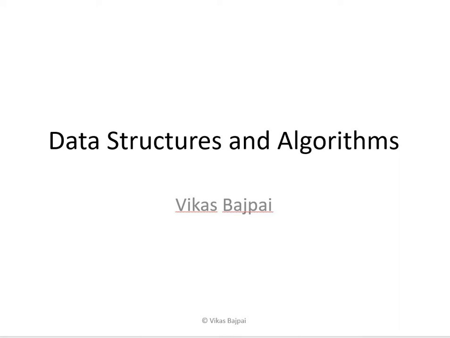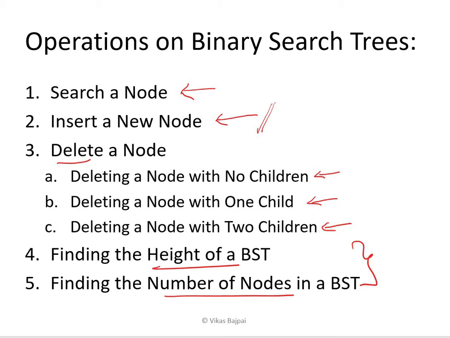So welcome back. In our last video, we were talking about some basic operations on a binary tree, and we said that the most basic operation is searching a particular node or a particular data value. That idea remains the same. Every time, based on the value we do the comparison. It's not based on the node address we do the comparison. And in today's video, we'll talk about inserting a new node to this particular binary search tree, not binary tree.